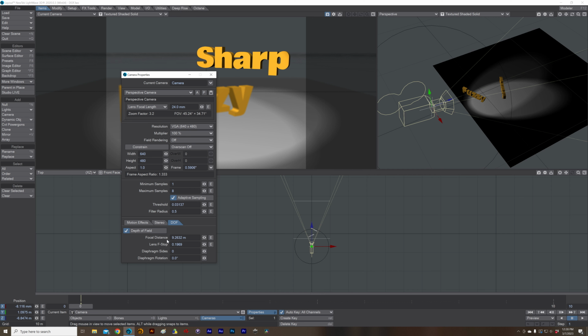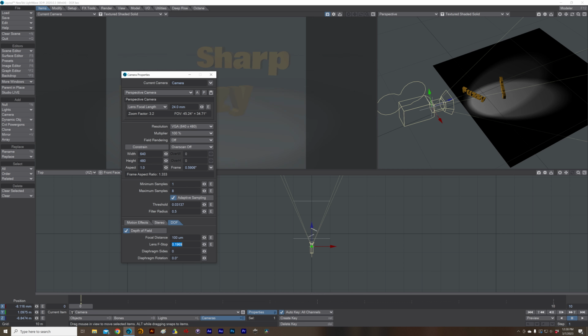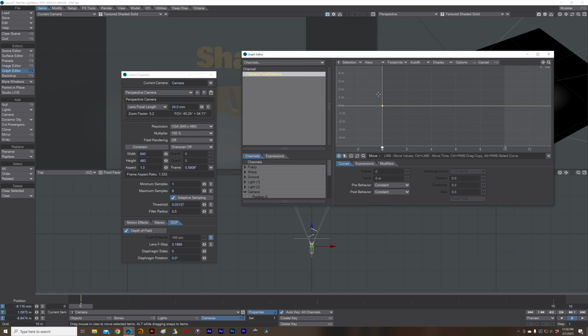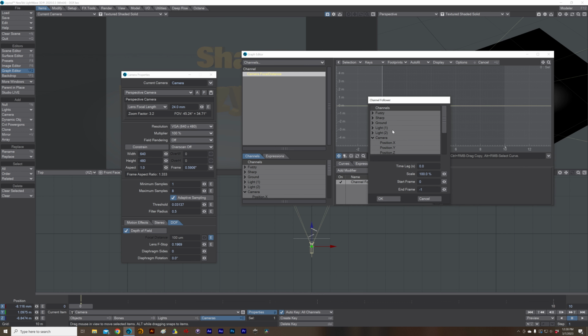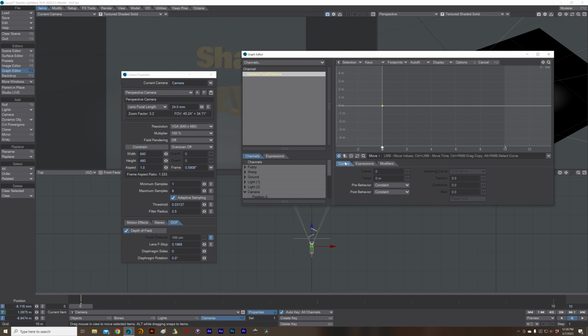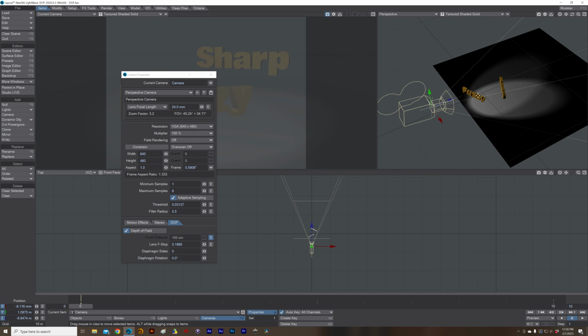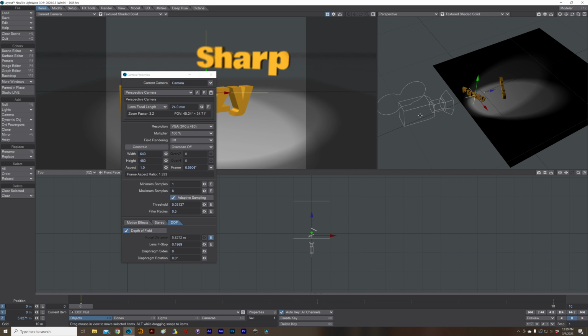Go to my camera properties. Now, set my focal distance to as close to 0 as it will allow. Channel follower, channeler, Z position. And that's at 0. Okay, I'm going to grab the camera, grab my DOF object,